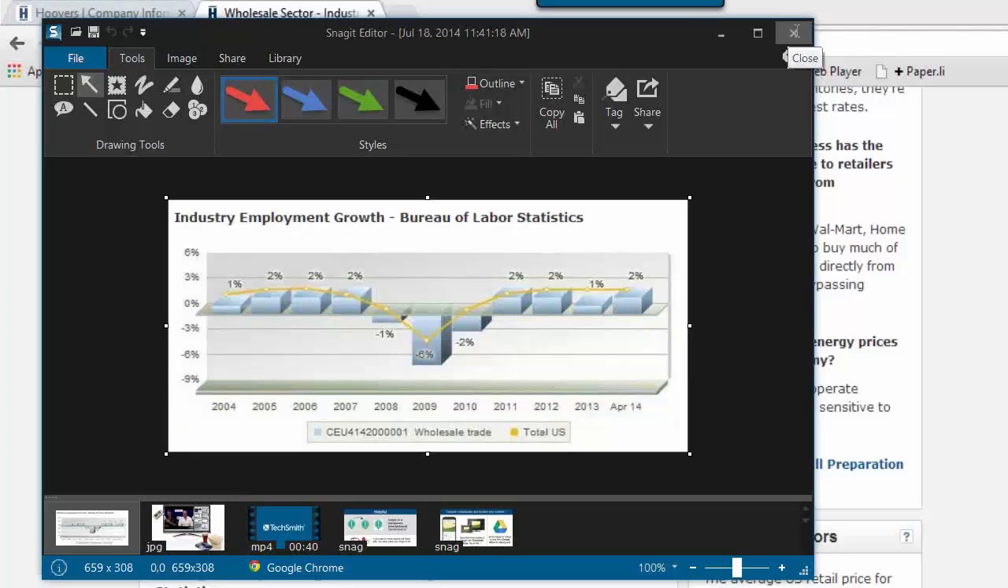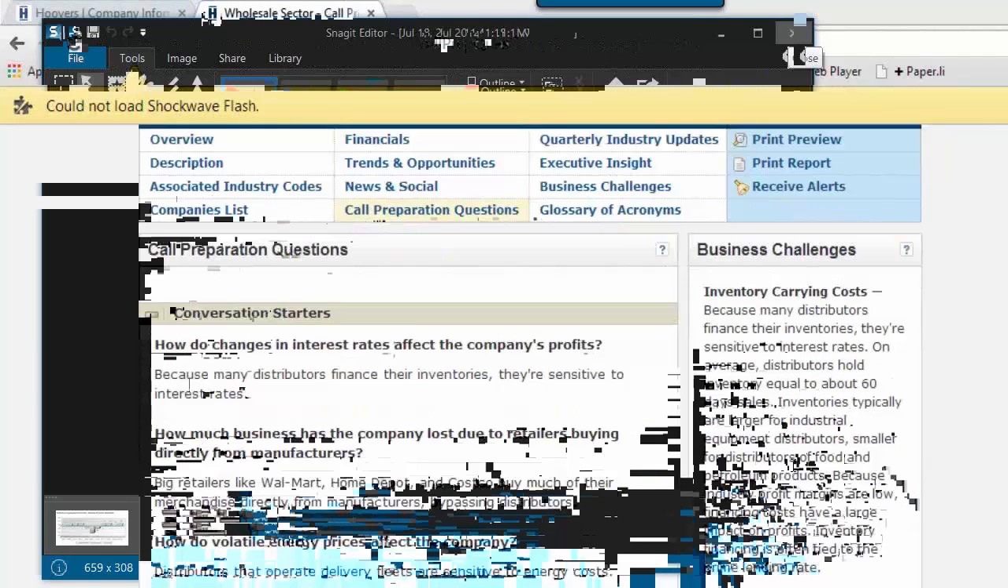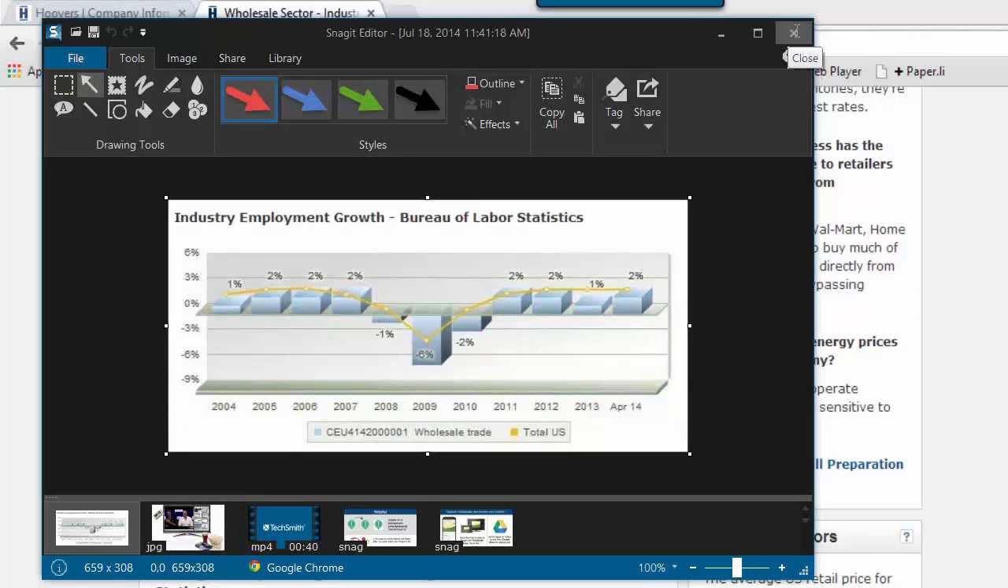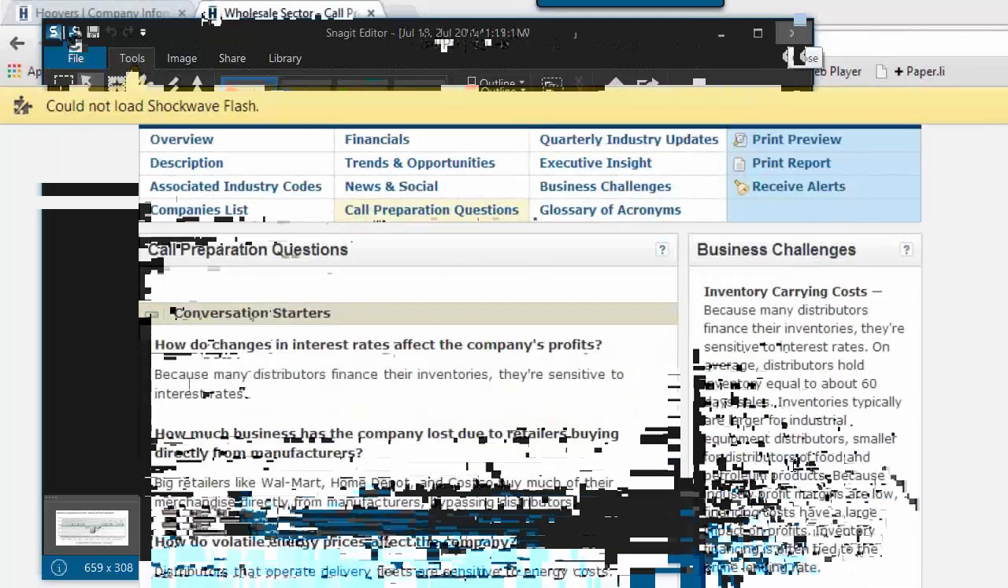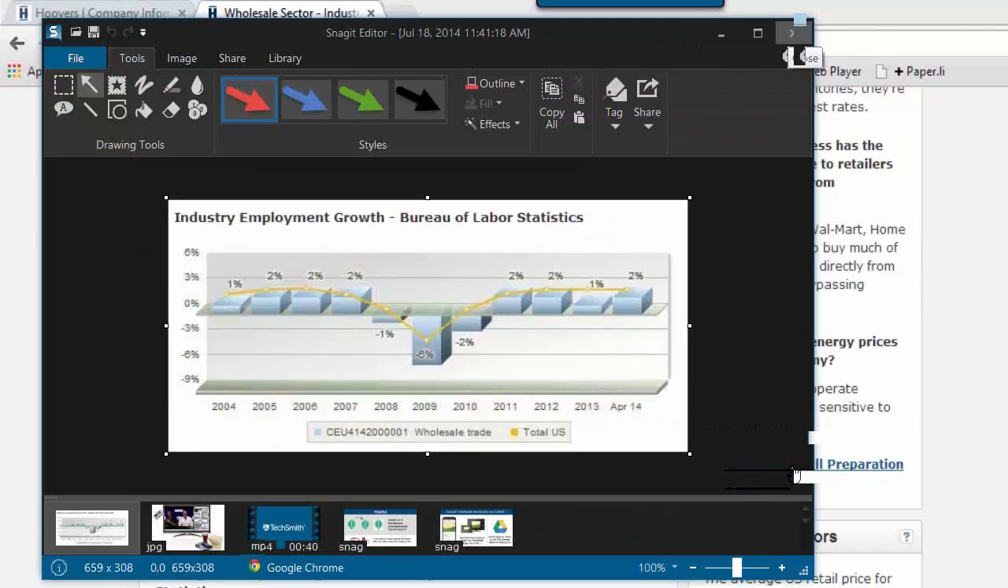So if I look at more of these call preparation questions, I've got conversation starters. So here you go. How do changes in interest rates affect the company's profits? Because many distributors finance their inventories, they're sensitive to interest rates, right? So you can have these kinds of discussions. So rather than saying, let me show you a general journal entry screen in Acumatica, or let me show you how we set up an inventory item, you change the whole basis of the discussion. You change the whole basis of the engagement around being a value add from an information perspective,